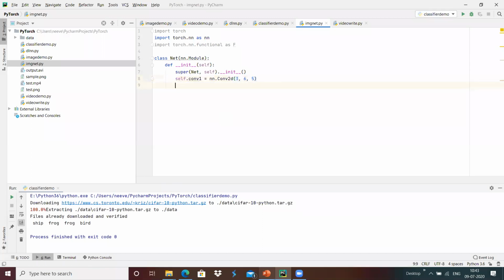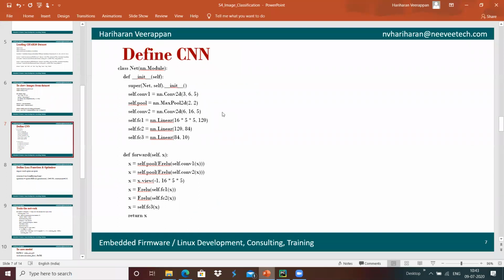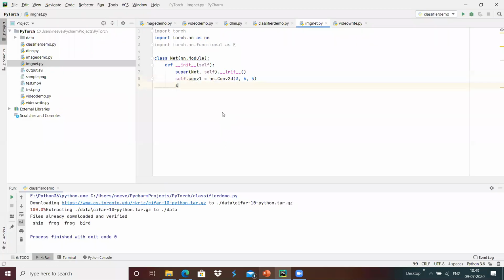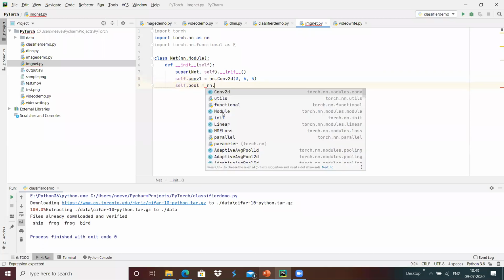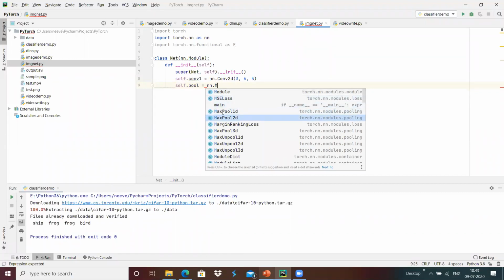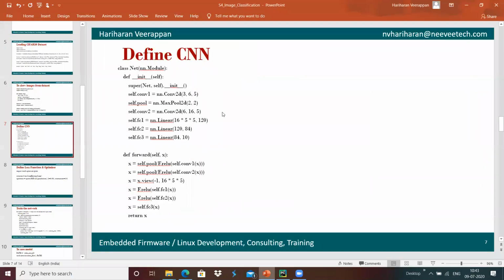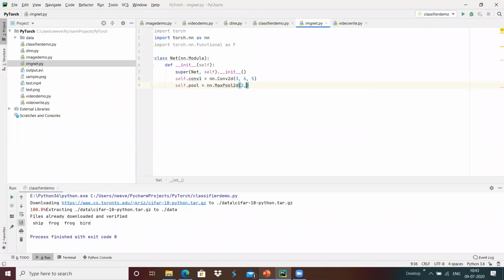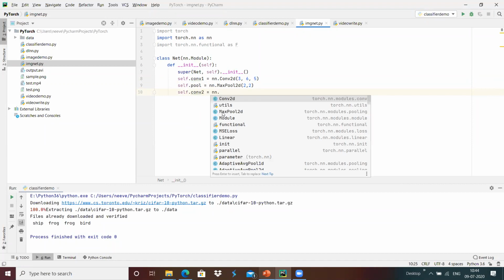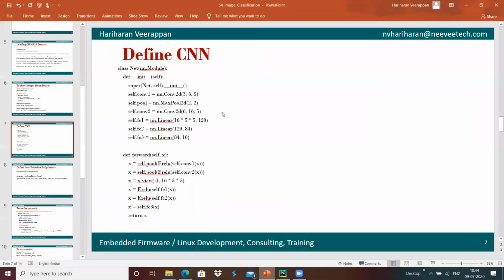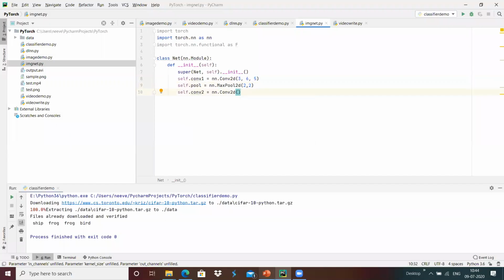In the same way, we create the max 2-dimensional pool with the help of self.pool equals nn.MaxPool2d with the option 2 by 2. And then self.conv2 we define with nn.Conv2d with 6, 16, 5.